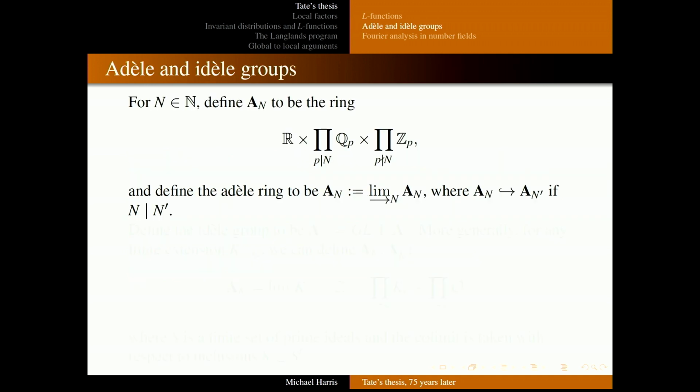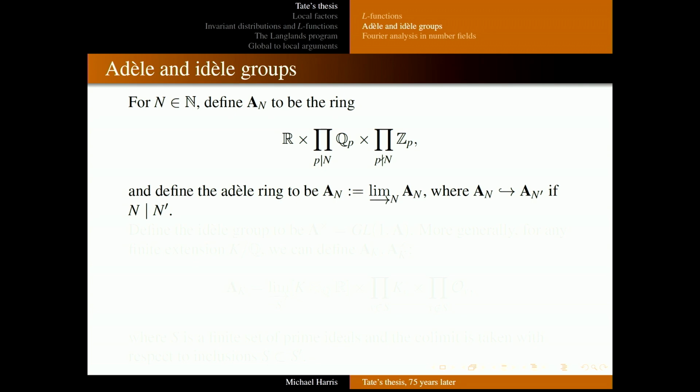Now, I was advised that there may be nobody in this room who does not know what an Adele ring is, but just in case, you take this product and you take the limit, direct limit, co-limit over the n's, where n divides n prime. So this is a locally compact topological field, which therefore admits